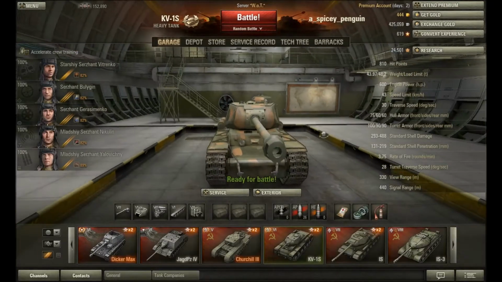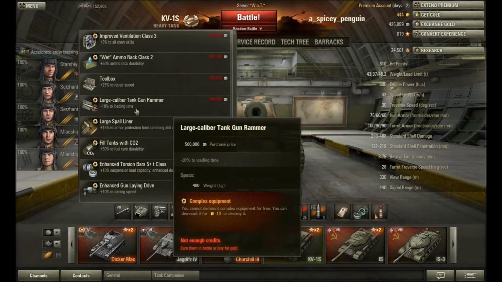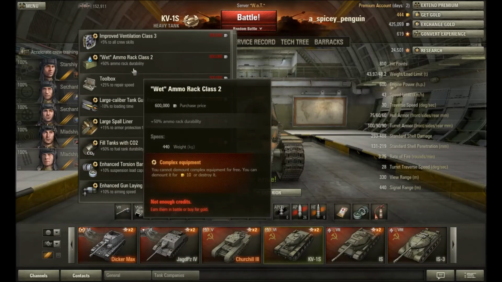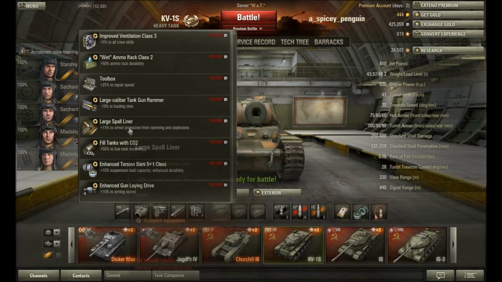Okay, so we've also got the large caliber tank gun rammer, which is definitely recommended. It's plus 10% to reload time, however it is complex equipment. So unless you've got 10 gold, you might have to buy it for every tank. It does cost 500,000, so it's not exactly cheap. But yeah, it's definitely recommended. This gun does reload pretty slow. Then there's the large spall liner, which is...